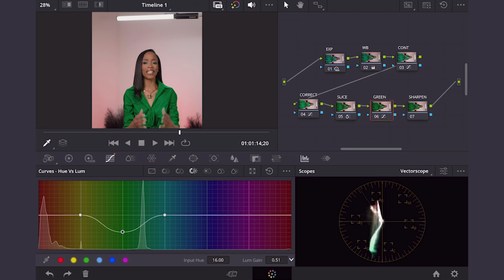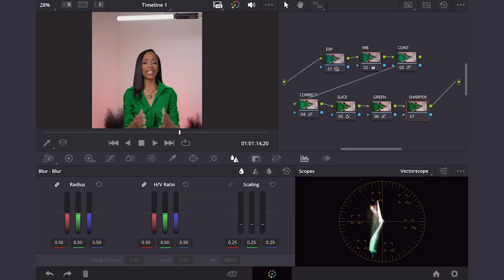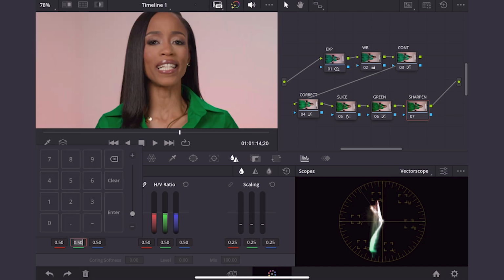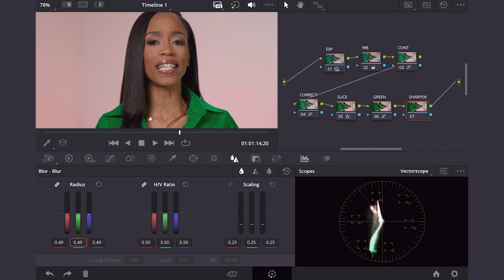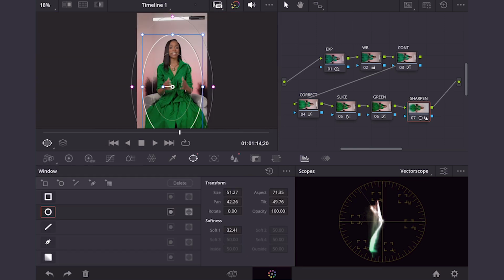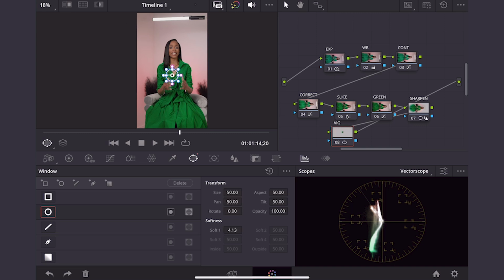like right there. And then the next thing I'm gonna do is I'm going to slightly sharpen it, because 1 point means a lot here. If I can just get it at 0.49, I'm gonna type it in. There you go. What I'm gonna do is I'm gonna create another node, and then we're going to create another power window circle. And to make sure we are moving it in the direction where the light's at, I know the